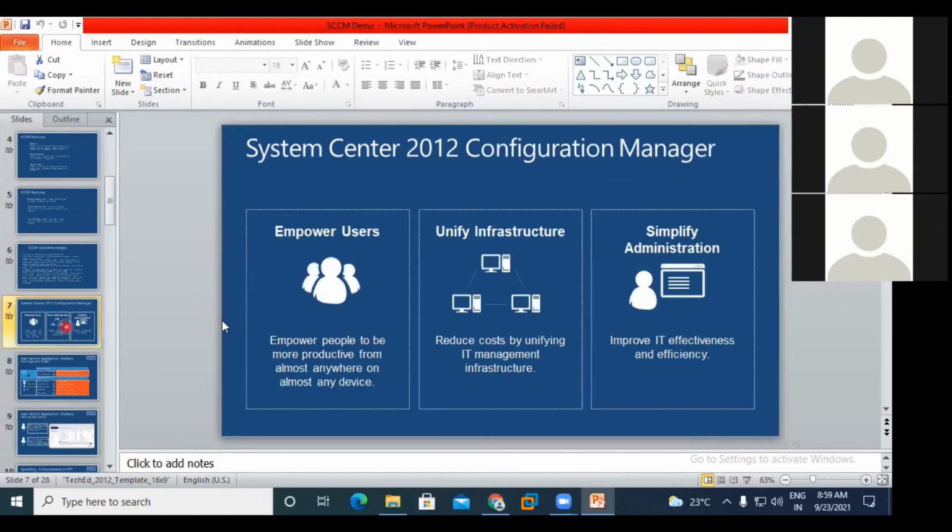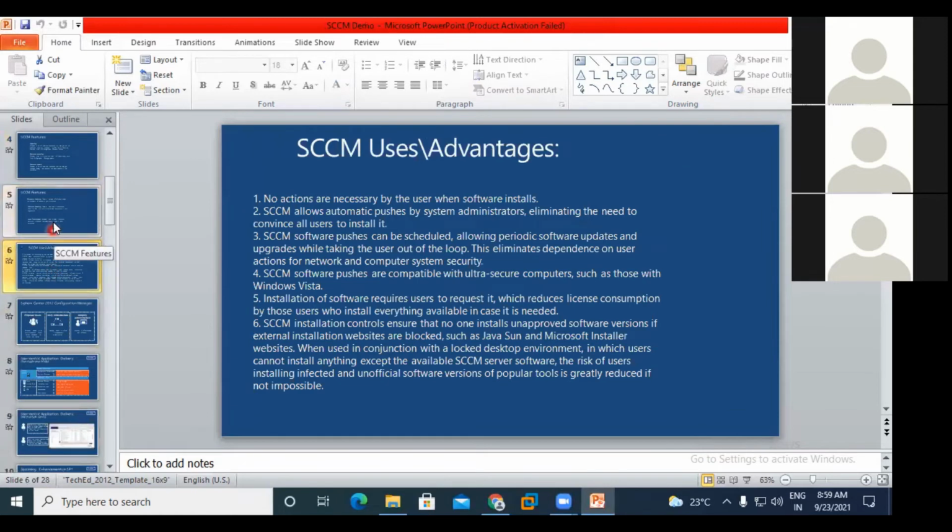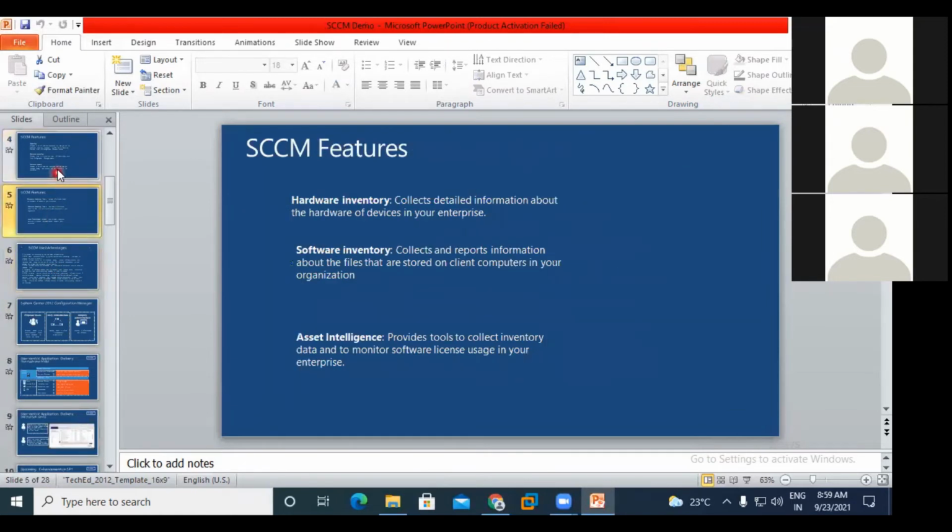Okay. So the next feature is SCEP antivirus, System Center Endpoint Protection antivirus. It is nothing but like Windows Defender, the same kind of Windows Defender. You can deploy SCEP antivirus to all the end user systems, like how you deploy Symantec antivirus from the Symantec server to the end user systems. The same way you can deploy the System Center Endpoint Protection antivirus to all the operating systems, client OS and server OS, meaning Windows 10 or Windows 2016 or Windows 2019.